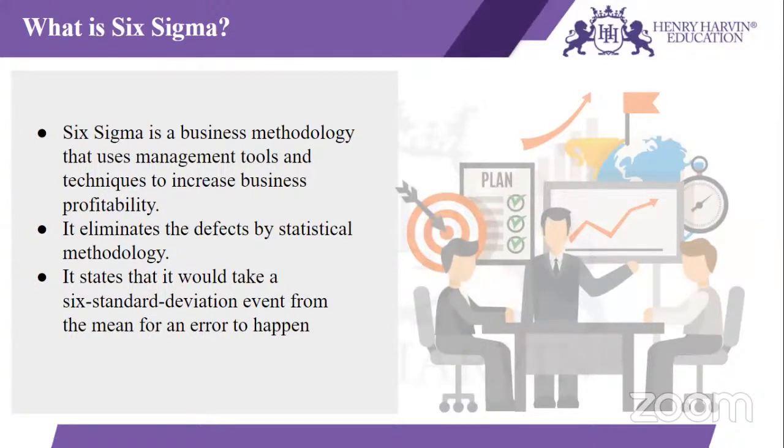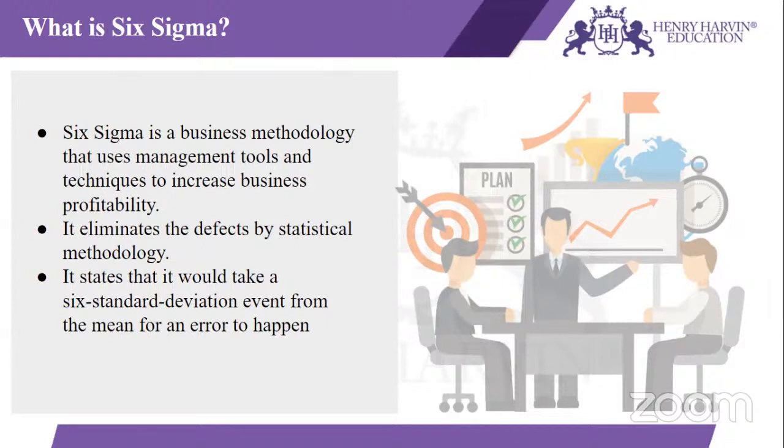You cannot do anything without a process in place, no matter what you are doing. If a surgery needs to be performed, if a car needs to be made, if a normal transaction needs to be done, if I'm dropping my daughter to school, everything has a process in it. So if there is a process, there will always be an opportunity of identifying defects and removing them from the process. So Lean talks about how you make your processes leaner. You can answer for yourself whether Lean will be helpful in your processes or not. That's one. Now let's talk about Six Sigma.